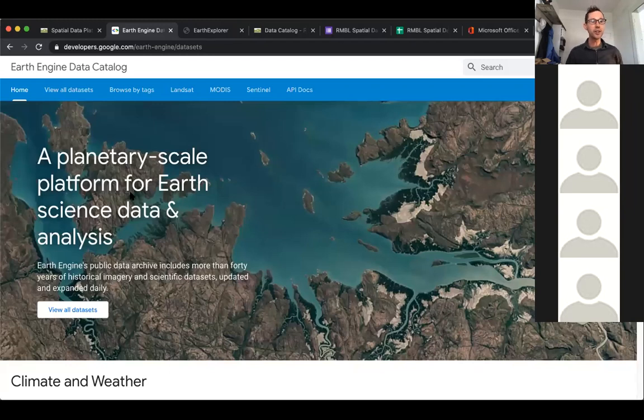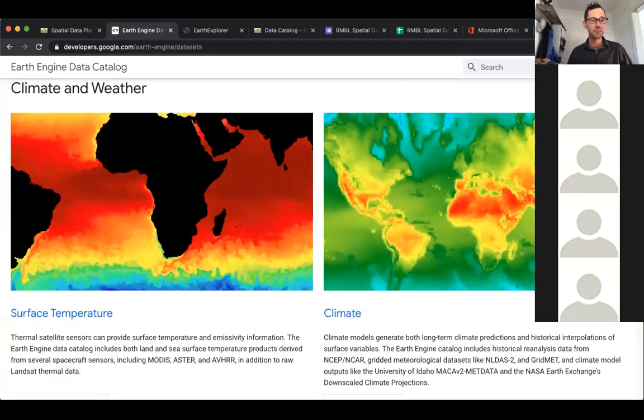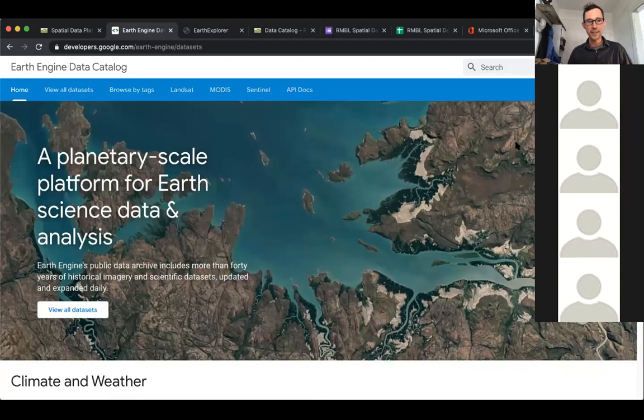So Earth Engine Data Catalog is pretty slick. It has a search interface. It does not have super sophisticated tools for filtering data sets, at least not exposed in the web interface. Really, this is a companion to a much more powerful programming interface that Google's put together, which has a lot of filtering tools. But if I just wanted to search climate here,